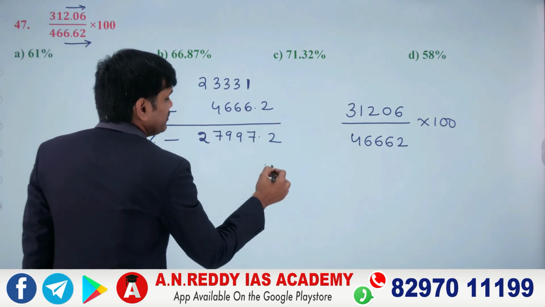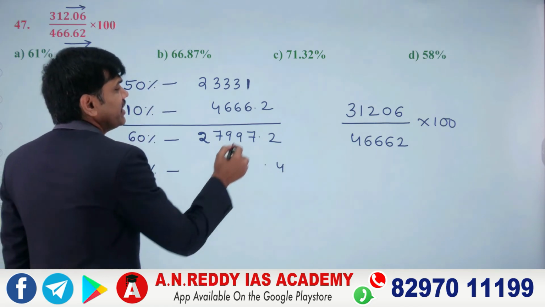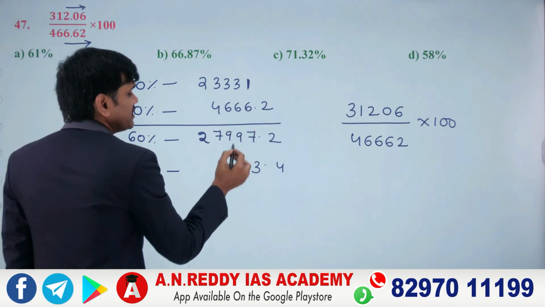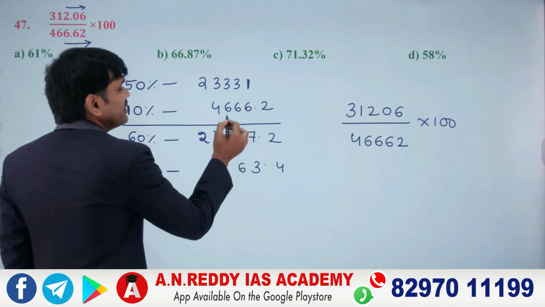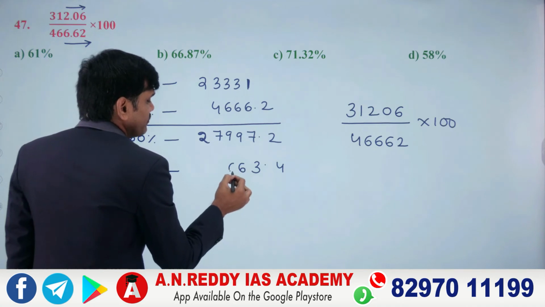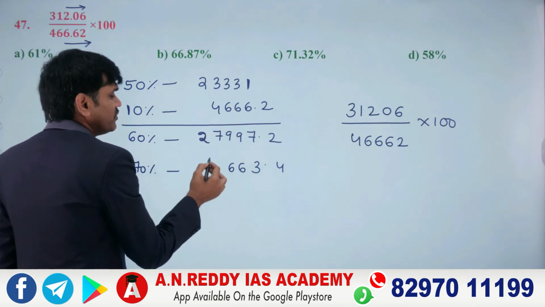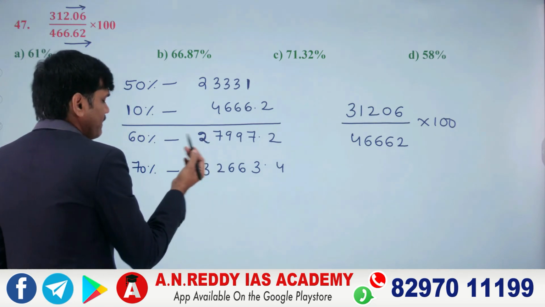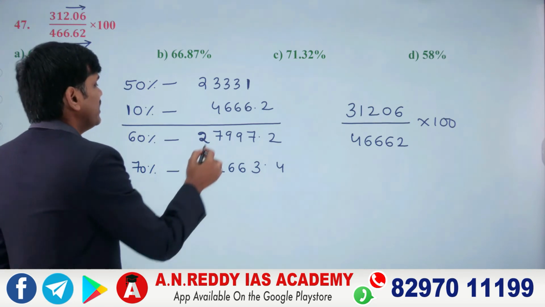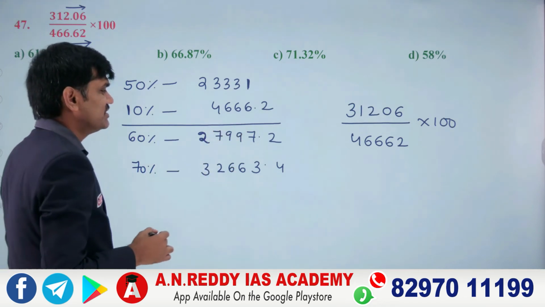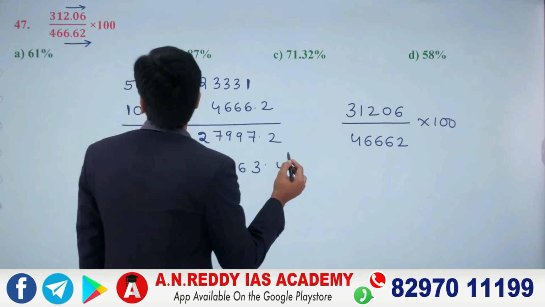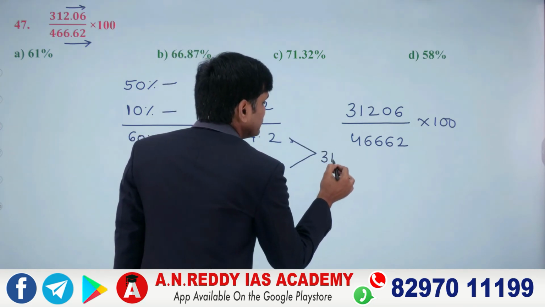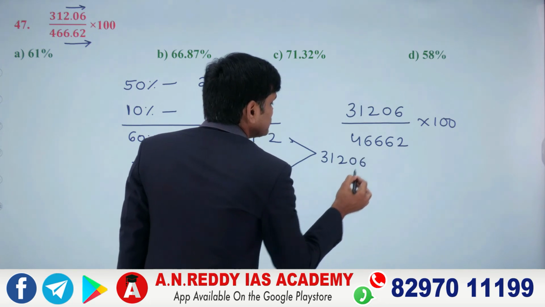If you are adding 0.2, that will give you how much? 0.4. Again here 7 plus 6 13, so 3 here, 1 carry forward. So 9 plus 1 10, 10 plus 1 16, 1 carry forward. 9 plus 6 15, 15 plus 1 16, 1 carry forward here. 7 plus 4 11 plus 1 12, so 2, so 3, right? Now I have added 10% to 60%, that gave me 70%. Now your target is how much, dear? 31,206. That's what we need now.